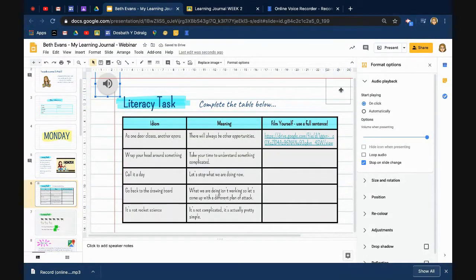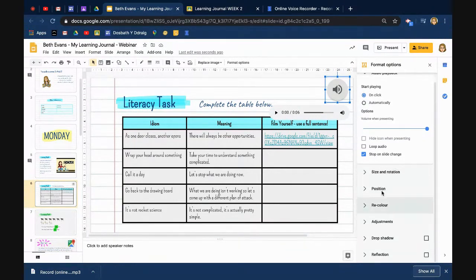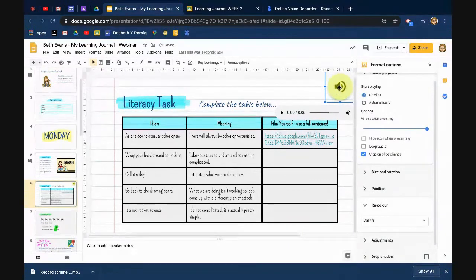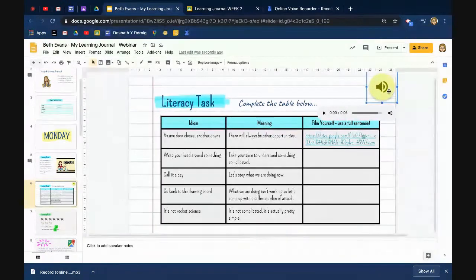And what we used to do in my school, it was part of our marking policy. If we were leaving feedback as the teacher, we would go down to recolor and we would use an agreed color, all staff. So the kids knew that if they saw a sound icon of a certain color, that was from a teacher, and the reply would be in the same color from the kids. So if I hover over this, and I'll close this little window here, you can see you get your preview bar. And if I play it,